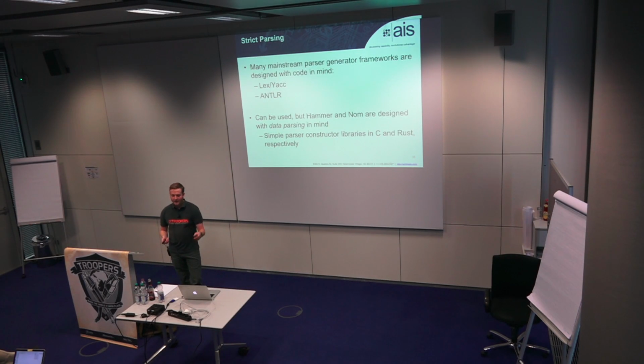Those are great. There are some nice new parsers coming out. So Hammer, and Nom for Rust, which is pretty exciting. They're designed for data parsing, so they can do really clever stuff about bit length and bit fields, more like not just handling ASCII text, but handling binary data. They're really helpful for this, and that's what I would recommend moving towards. And I'll show an example a little bit later of something built on Hammer called Nail, which basically allows you to take a structure and it will automatically generate both a parser and an output generator for that without really having to learn about the semantics of parsing.